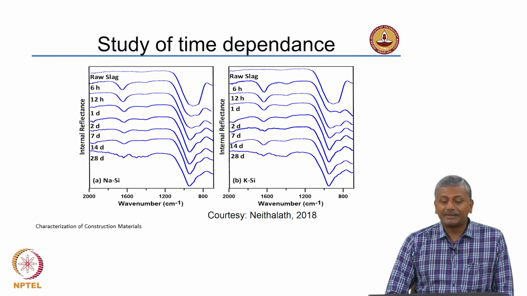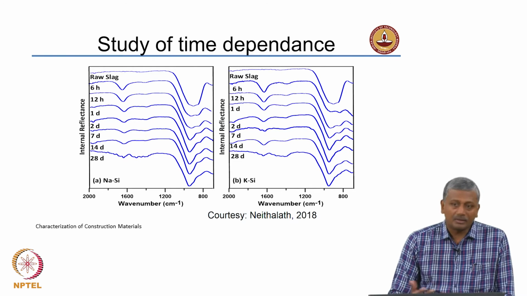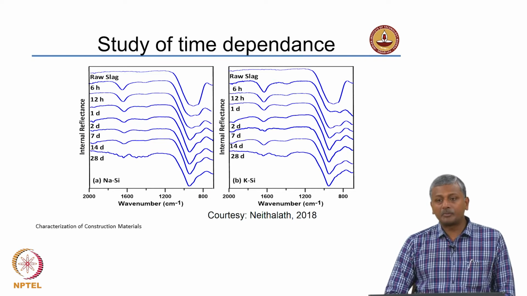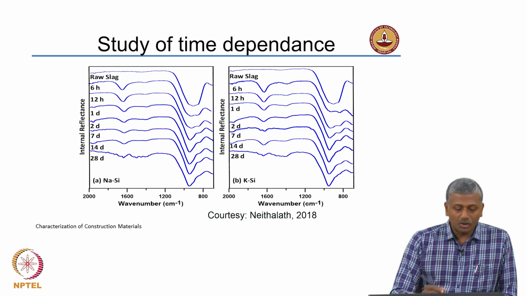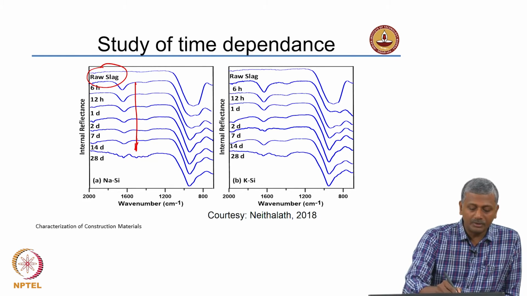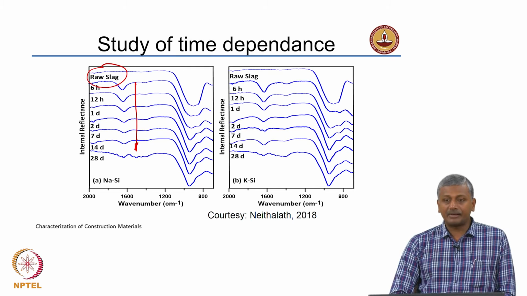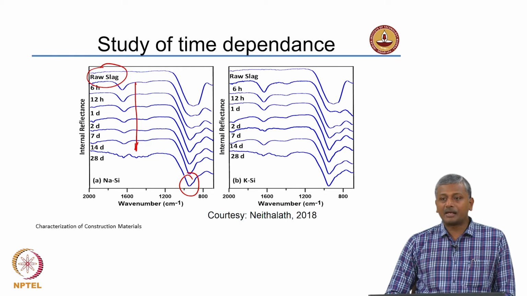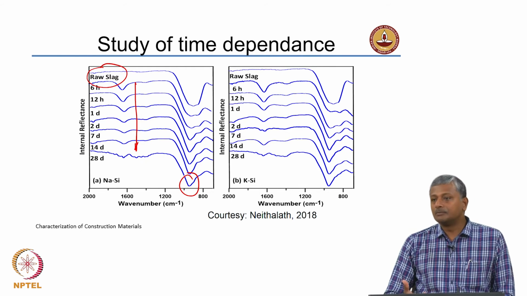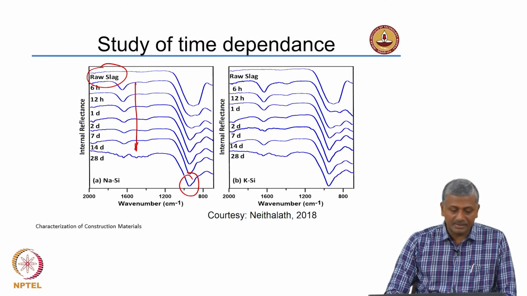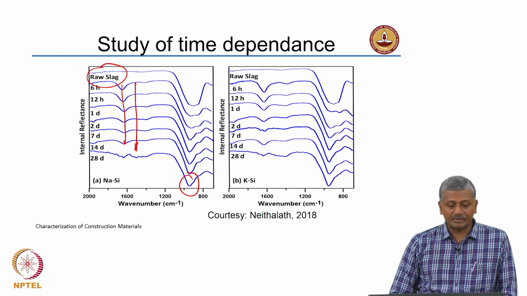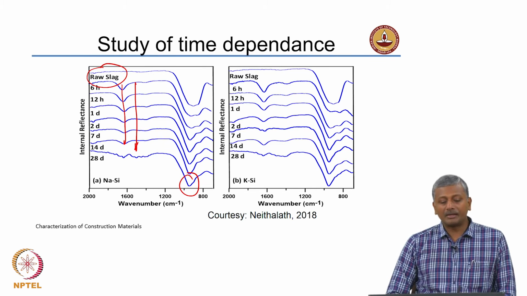Even time dependent hydration can be studied by FTIR quite easily, because all you need to do is at different time intervals prepare these powders and then prepare your sample or pellet for the analysis. And what you are shown here is raw slag and how the hydration evolves as the slag hydrates more and more. So, you see that primarily the peak for the silica-oxygen and aluminum-oxygen bond is becoming more and more prominent. That is what you are observing in this case. There are certain peaks which are getting removed in the system. So, there was a strong peak for the raw slag, and then after a certain period of time you do not get any peak at the end.